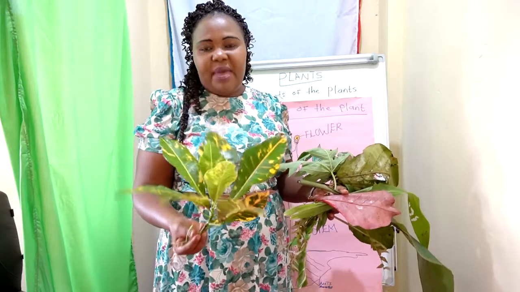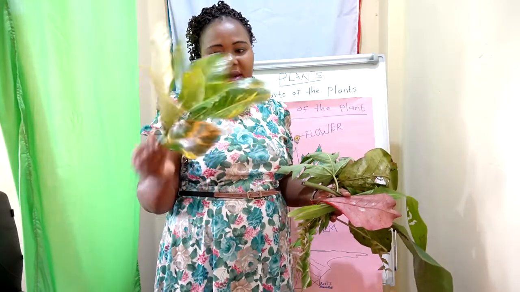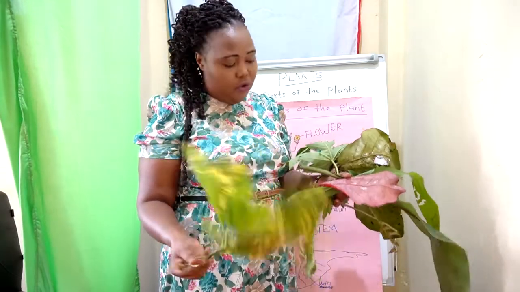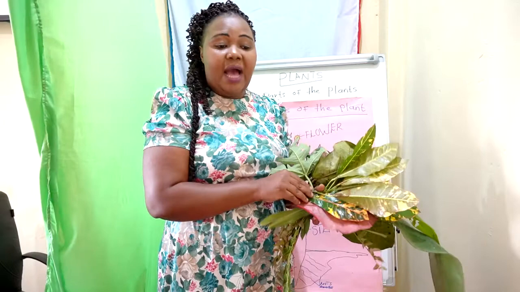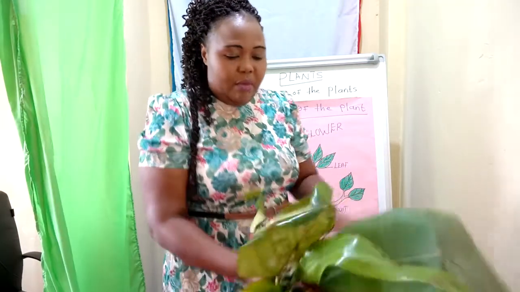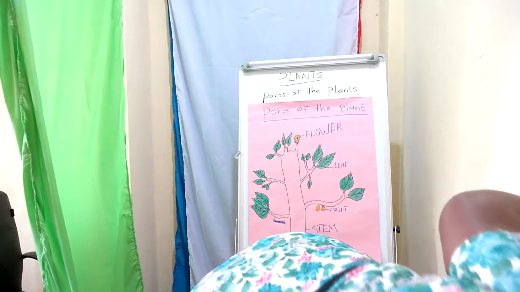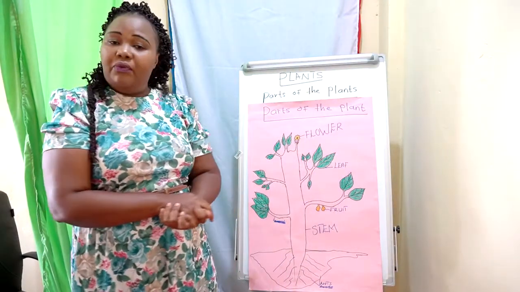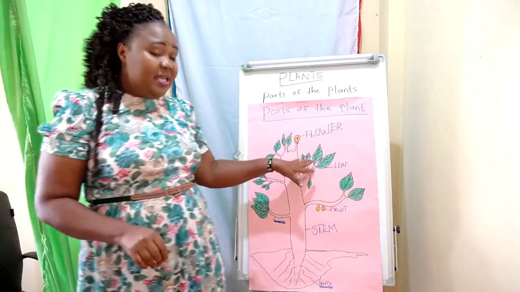Some leaves have many colors. You see, like this one, it has green color and even yellow. So some leaves have many colors. So make a walk around your home. Try to find out different types of leaves. Remember that these leaves,